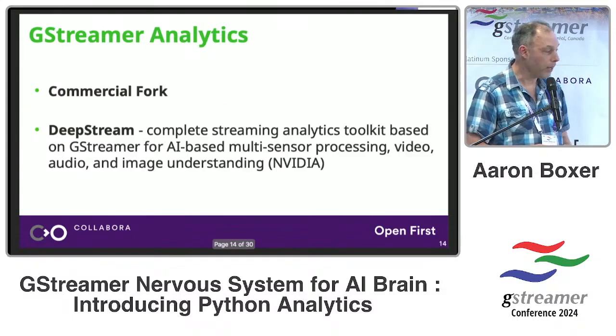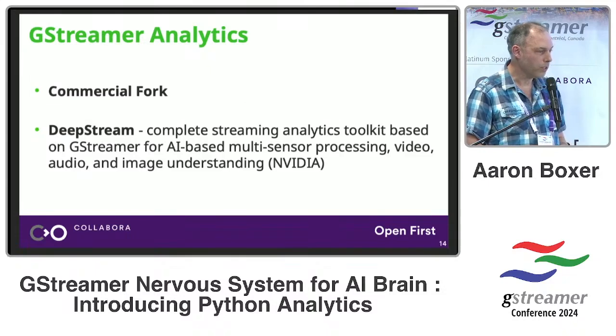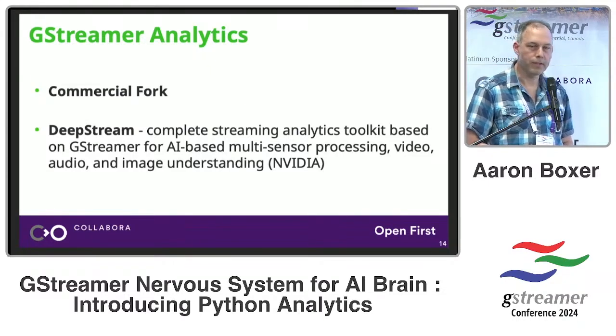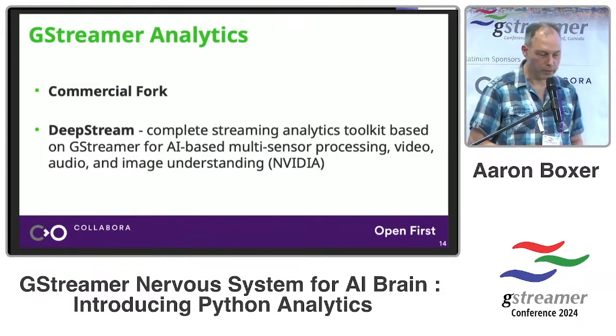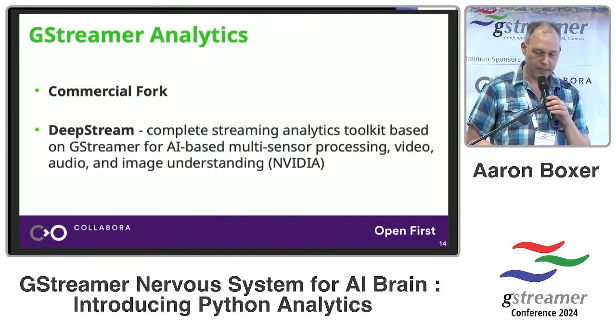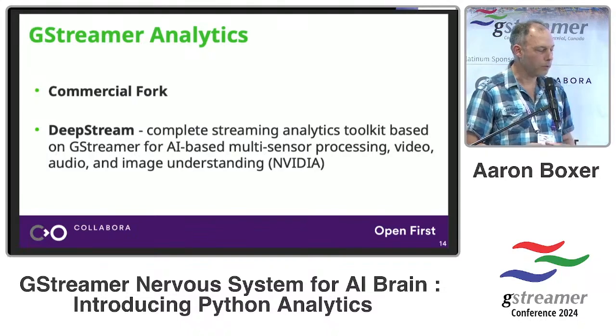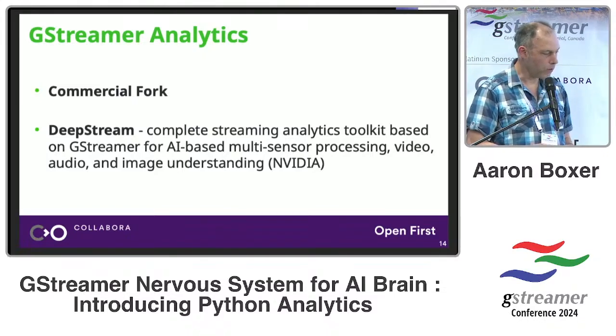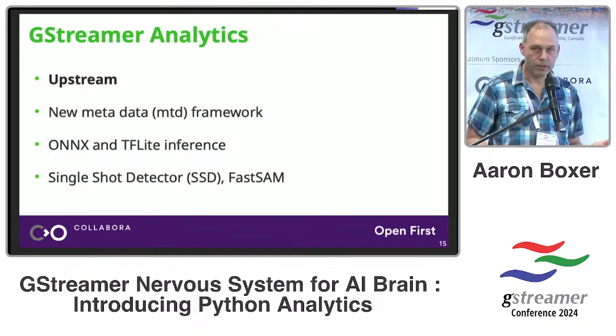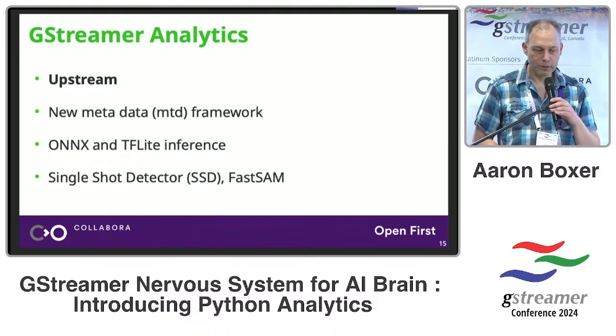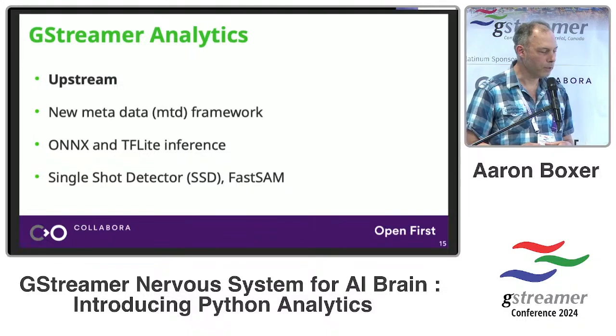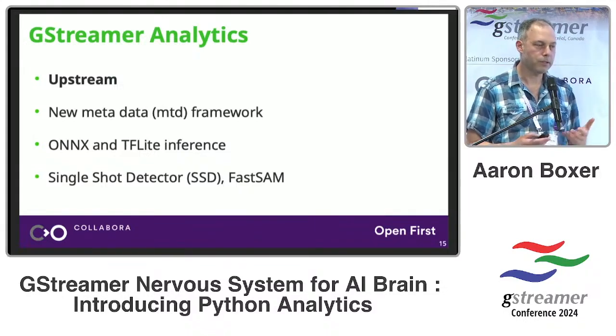And on the commercial side, we have, of course, DeepStream, which is built by NVIDIA and is focused on NVIDIA hardware and is optimized for that hardware. On the desktop, that might make sense because everyone is using NVIDIA hardware. In the embedded world, there's a lot more variety of different hardware, and so this will simply not work for other types of hardware. So we prefer to do things upstream for some obvious reasons, and so Collabora has, over the years, integrated support upstream